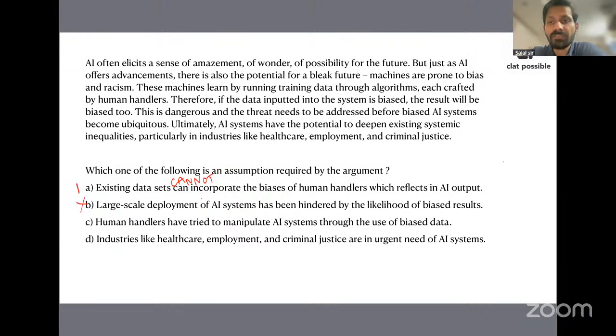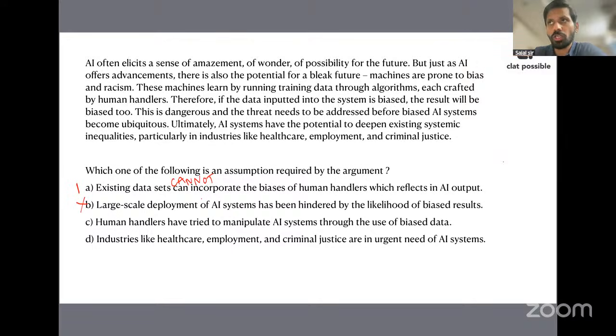Human handlers have tried to manipulate AI systems through the use of biased data. Now, C may look tempting, right? That human handlers have tried to manipulate AI systems, but that's not the point, right? So the author is very likely implying that these biases are inherent to us, right? So the biases of human handlers, they sort of manifest themselves as AI outputs, right? Outputs from these AI systems,